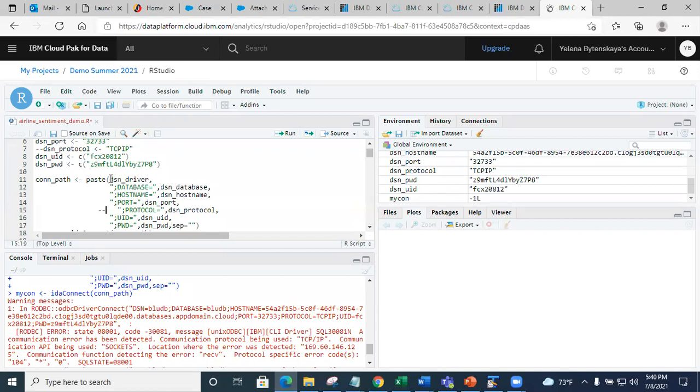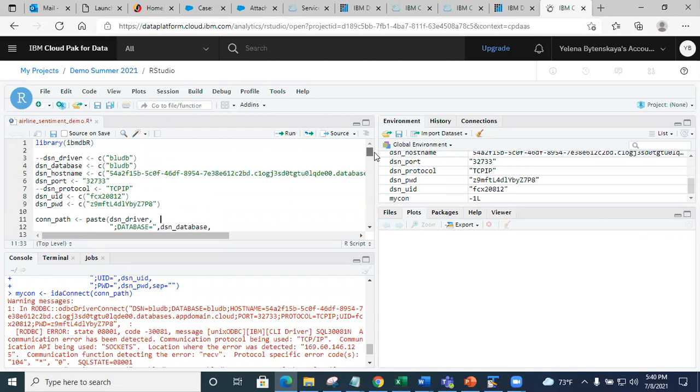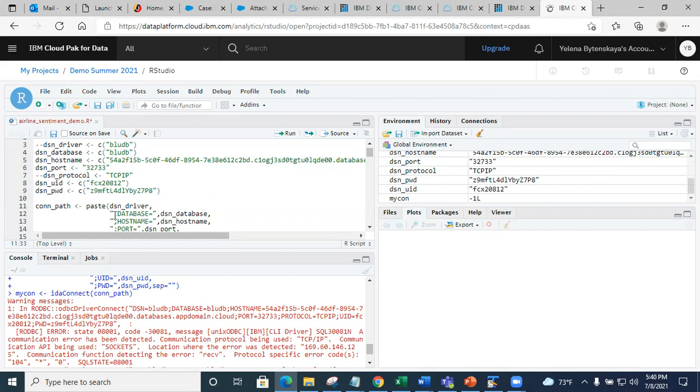Okay. And without the driver? Oh, yes, but how are you going to do it without the driver? You cannot.